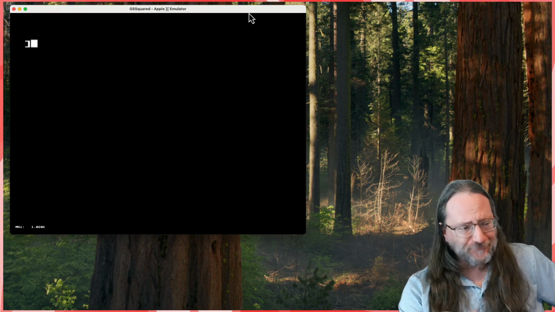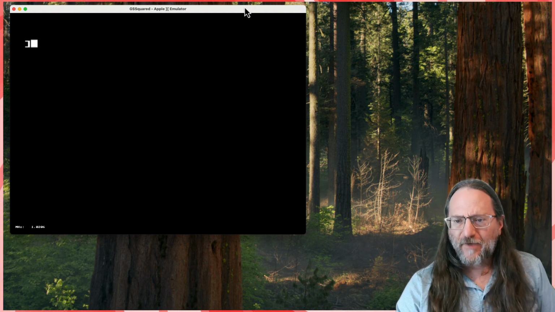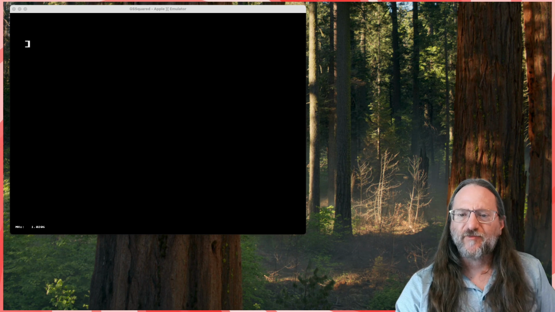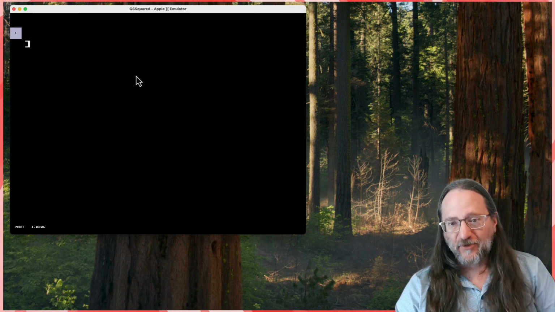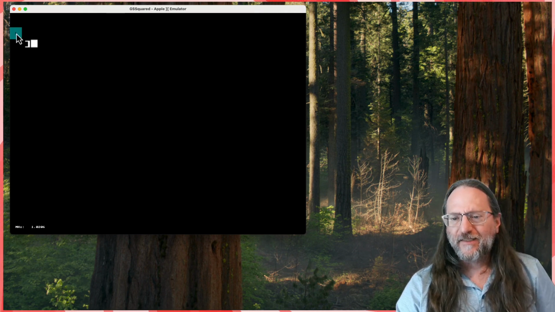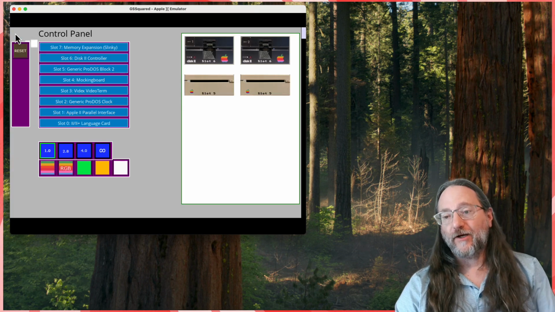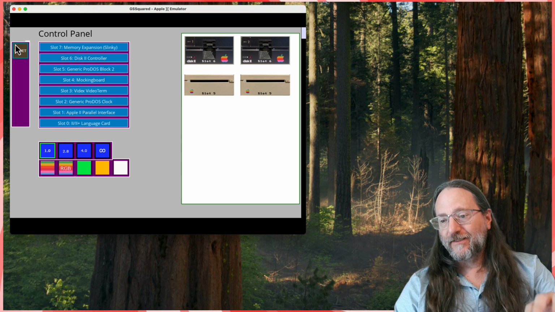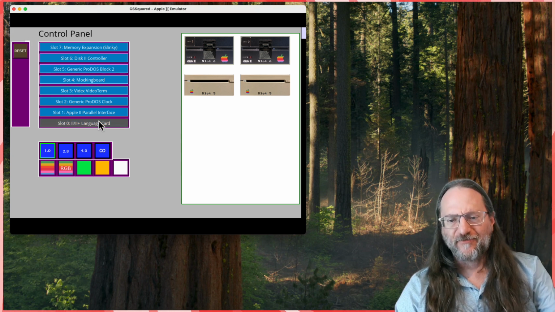So first off, we've got a couple of minor changes and improvements here. Here's some UI stuff. When I run the mouse over, you'll see this little triangle box pops up. That's now a mouse-driven way to open the on-screen display control panel. You'll notice the fonts are nicer now